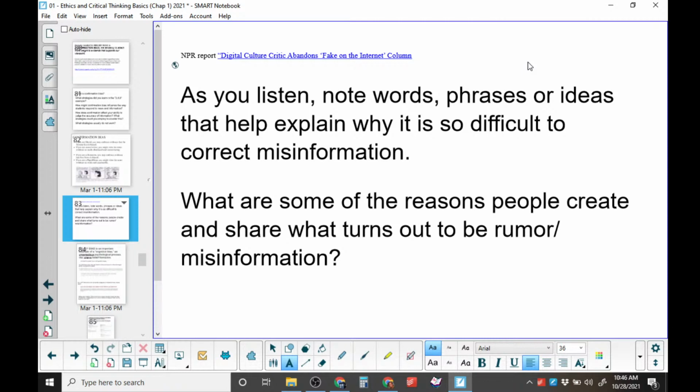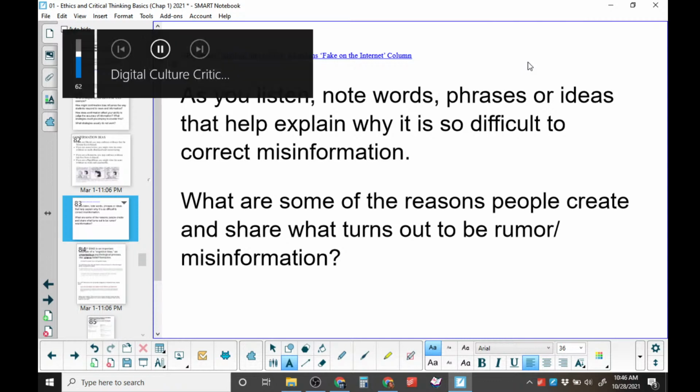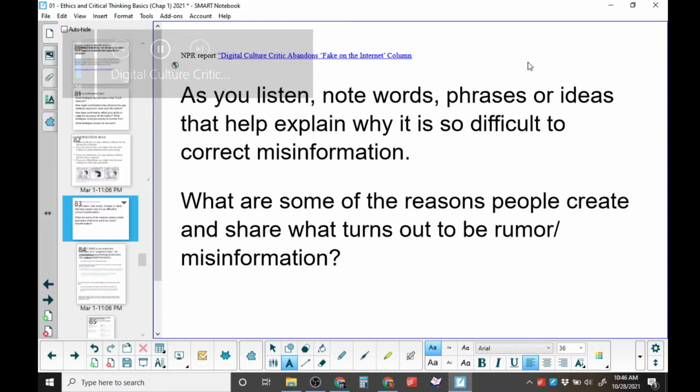But it doesn't sound like you're super optimistic about getting that spiral under control. No, I'm definitely not optimistic, but obviously one of the core functions of journalism is to correct misinformation. So regardless of what the atmosphere is like online, I think we have to continue persevering and hopefully innovating ways to stop this spiral, even if it does seem sort of futile. Caitlin Dewey is the digital culture critic at the Washington Post, and until last week, she was the author of What Was Fake on the Internet This Week. Thanks for joining us. Thank you.